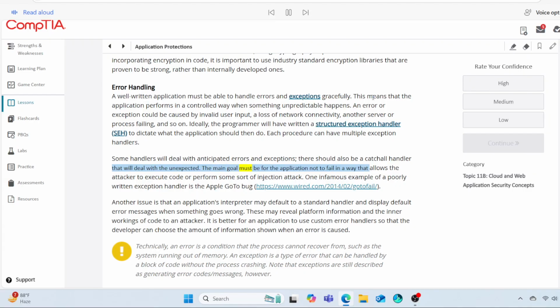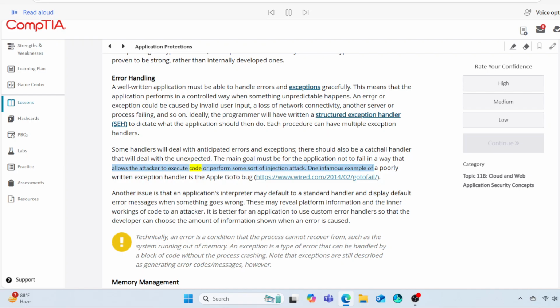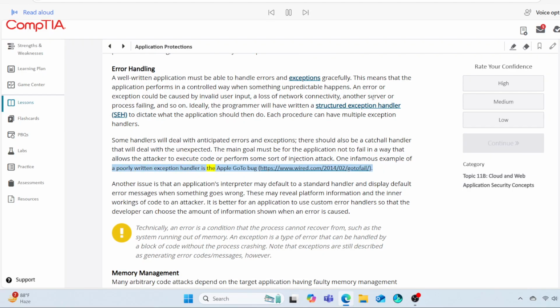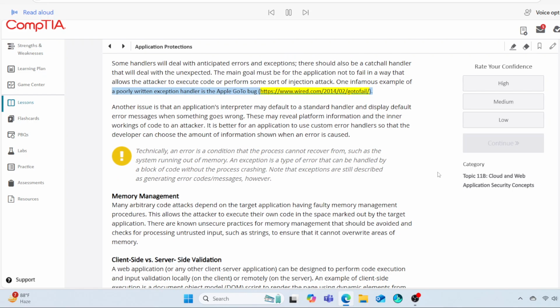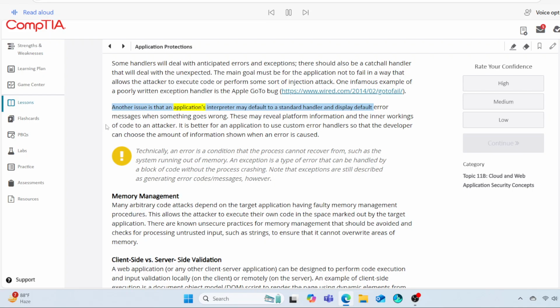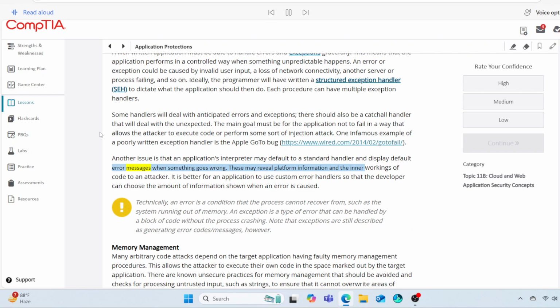The main goal must be for the application not to fail in a way that allows the attacker to execute code or perform some sort of injection attack. One infamous example of a poorly written exception handler is the Apple GoTo bug, https://www.wired.com/2014/02/goToFail. Another issue is that an application's interpreter may default to a standard handler and display default error messages when